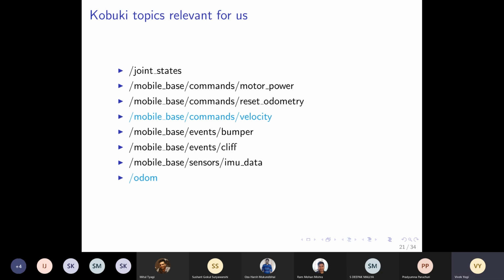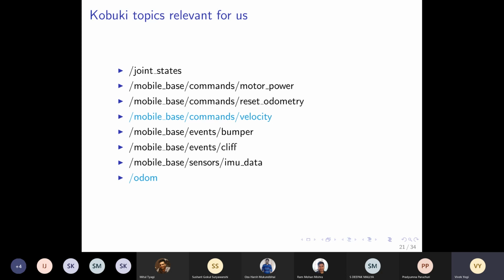So like I said before, topics are very important, and topics are the medium by which we are going to talk to our robot, issue commands and get information from the robot. So what information can we get from the robot? For example, is there an obstacle in front? Are we near the edge? Are we going to fall? Or how fast are we going? What is the temperature of the environment or something like that? So all this information we can get from the robot from topics. This is just an example. It might not have a temperature sensor as such.